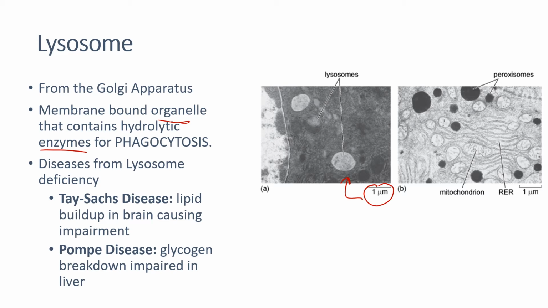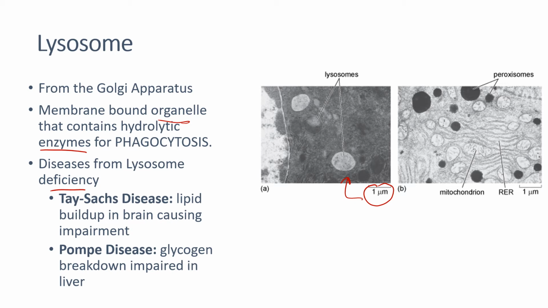The problem is that if you have any deficiency, meaning you don't have normally functioning lysosomes, you can get different diseases. The first one is called Tay-Sachs disease. As you can see, it's a buildup of lipids, one of the macromolecules, in the brain, and it causes impairment. It can cause weak tone in a baby. It can be floppy, very weak, and even blind. It appears within a year of being born. Unfortunately, these babies die very young, around 3 to 5 years old, usually because of pneumonia,